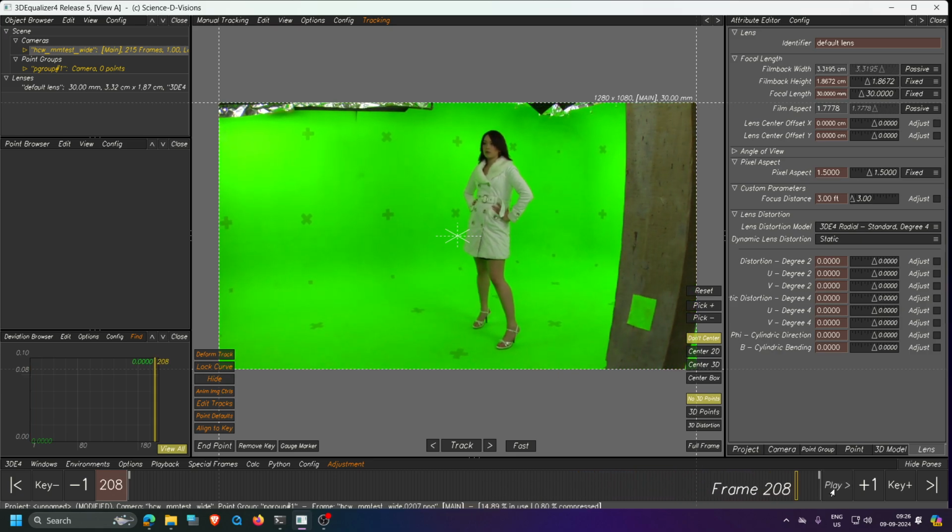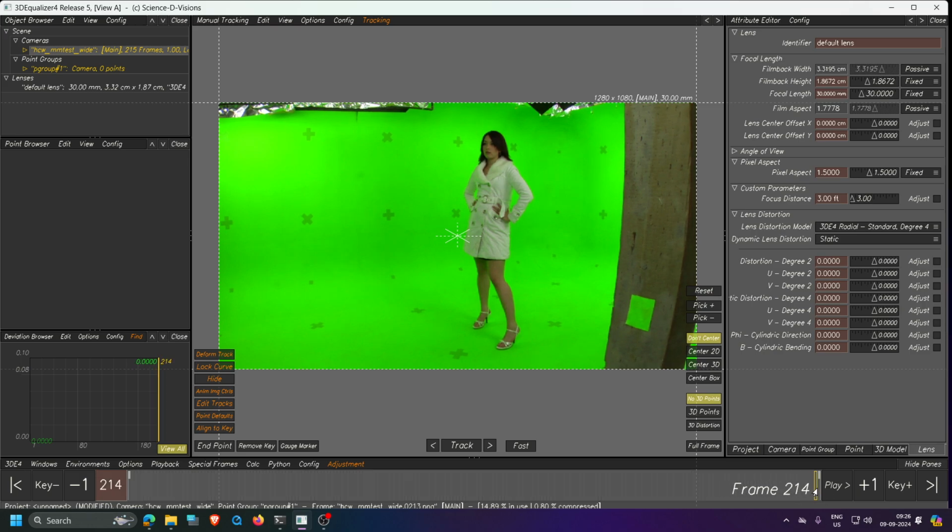Okay. So this is the problem here. You see that pillar? The pillar is not straight. If you type in Google